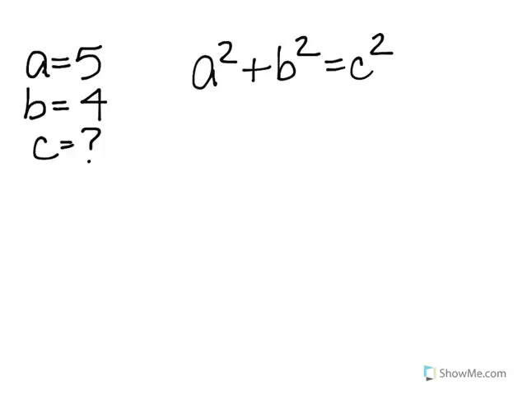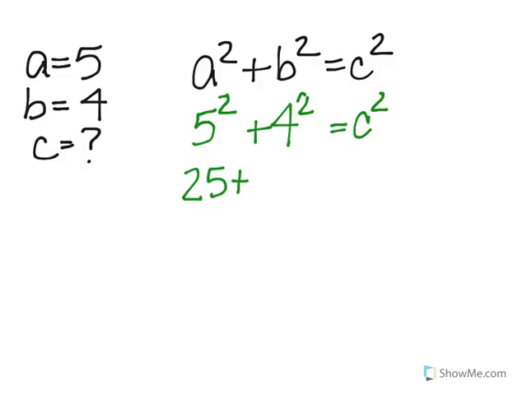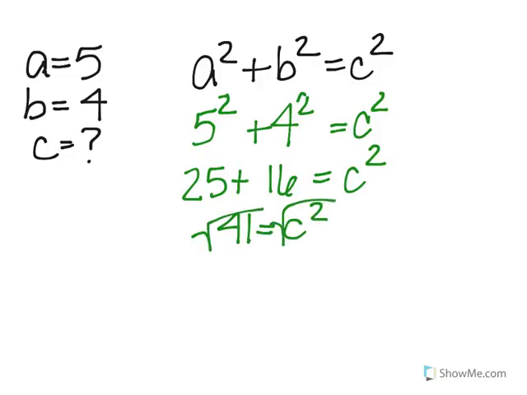We can also be given the information without a drawing. Same thing, A, B, and we don't know what C is. C still represents the hypotenuse. So again, we're going to put in 5 for A and square it. We're going to put in 4 for B and square it. And then C squared we're going to find. 5 squared is 25. 4 squared is 16. 25 plus 16 is going to be 41. Take the square root of both sides. Again, use your calculator. The square root of 41 is 6.4,